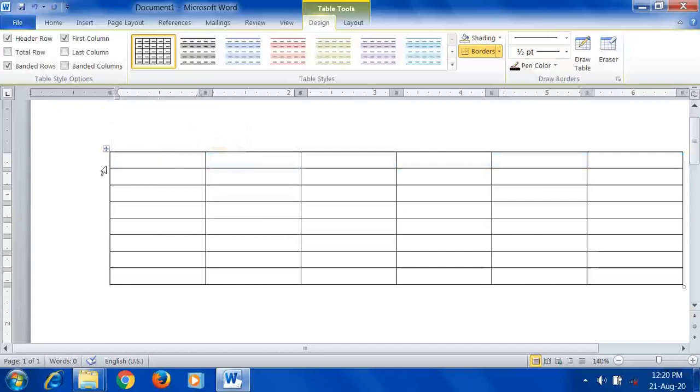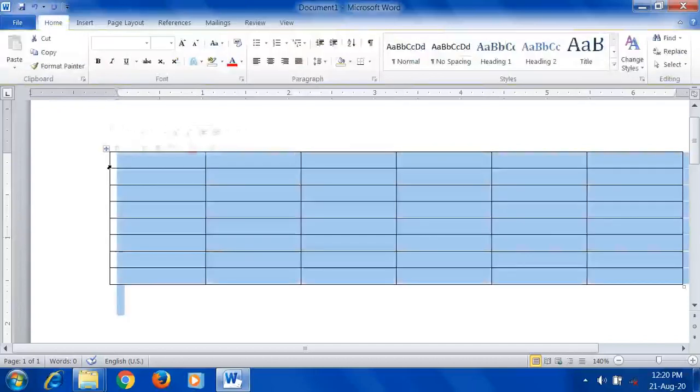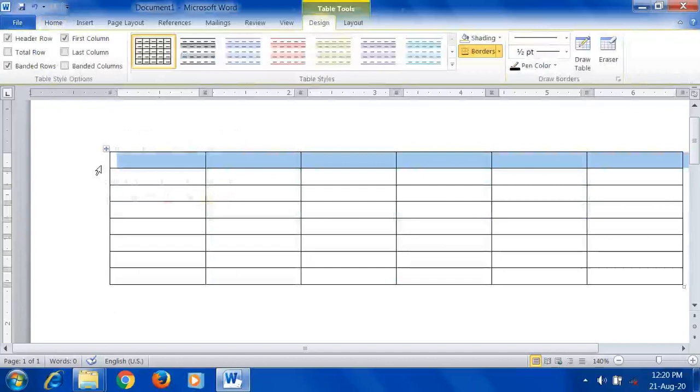So let me show you once again. Take the mouse pointer to the edge, double click, it selects, triple click selects entire table. Okay, so the point you have to keep in your mind is double clicking the row selects the entire row, or hold the left mouse button and drag it. So it is left to you how you are going to select. I told you both the ways.